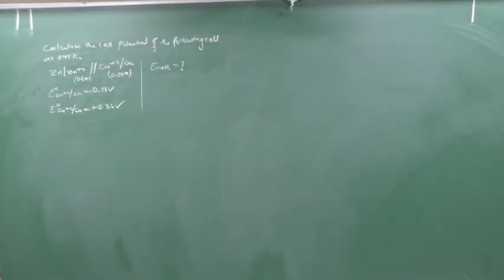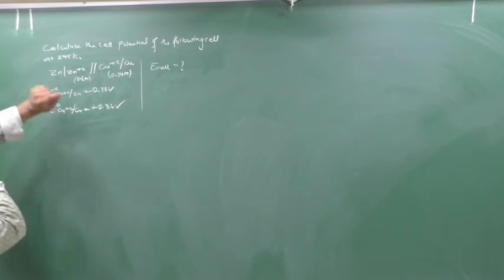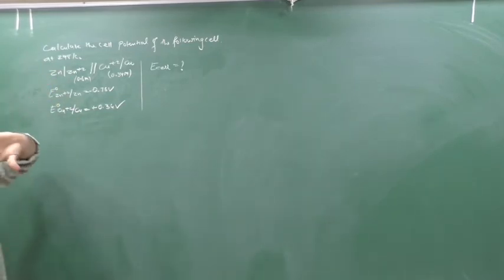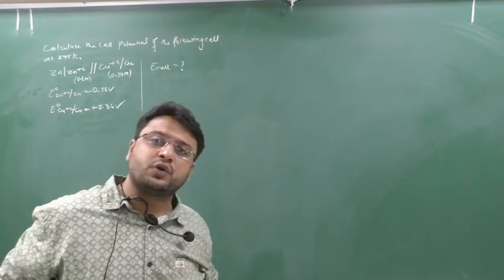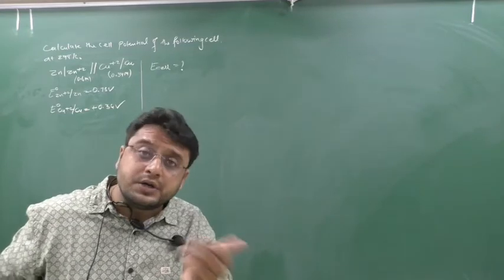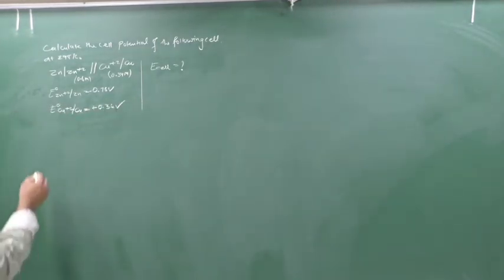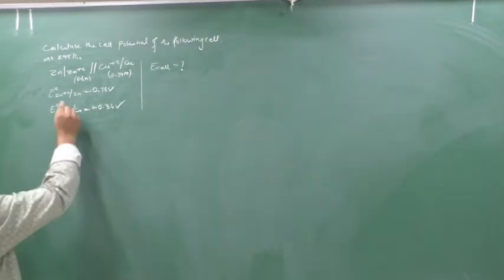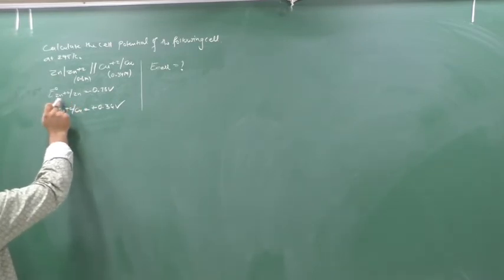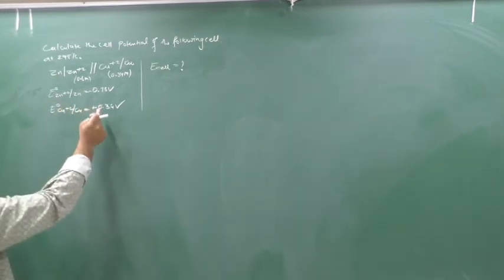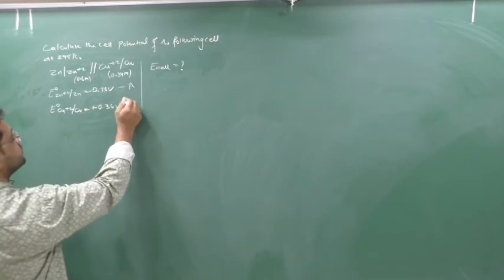Clear? So first we will write down the Nernst equation. Before writing the Nernst equation, we will write down the net cell reaction, because only from the net reaction can we write the Nernst equation. So first we will see who will work as the anode. See beta, the cell potential of this Zn plus 2 is less, and less means anode, and this is more, which means cathode.